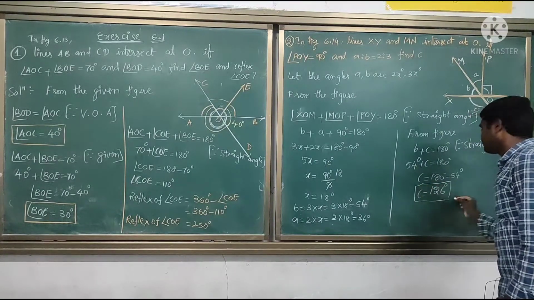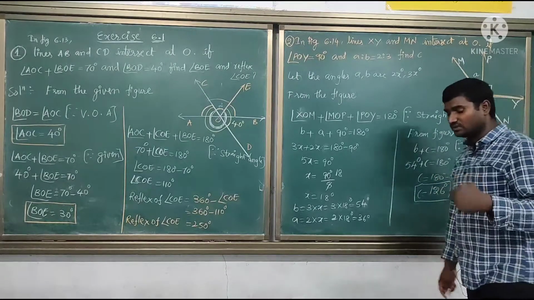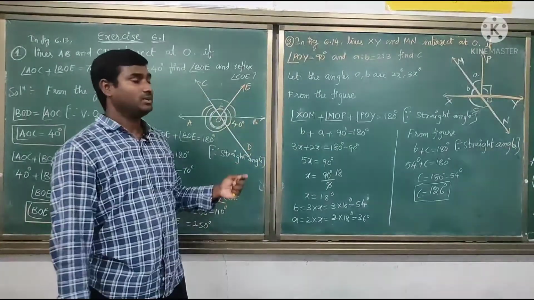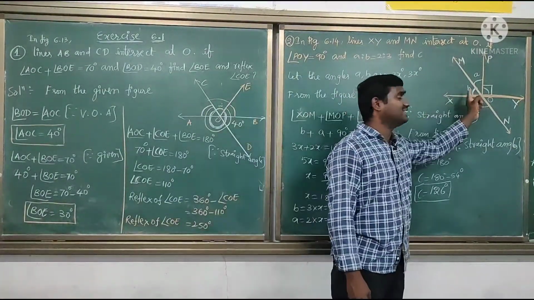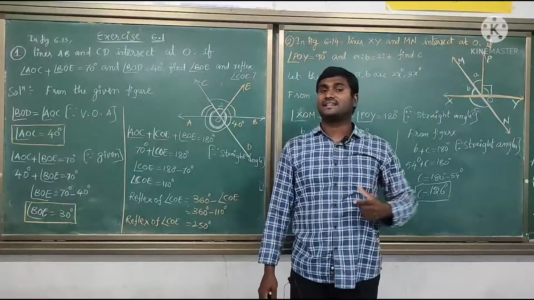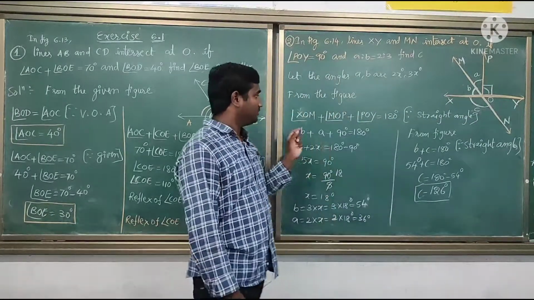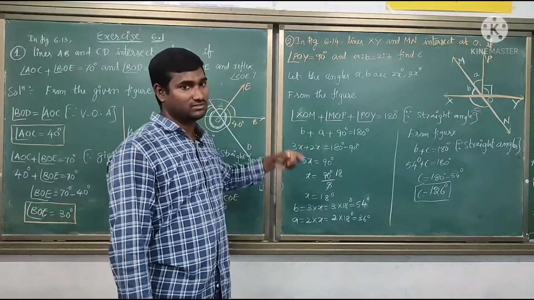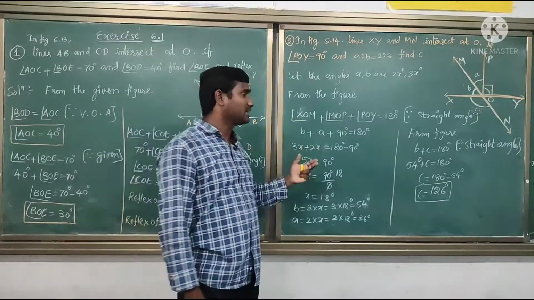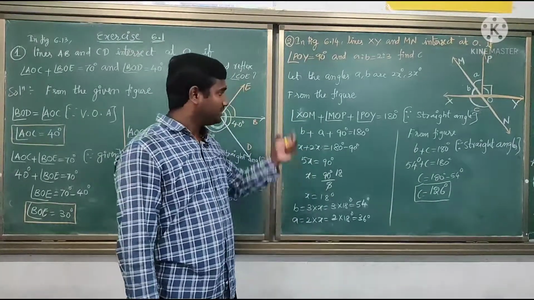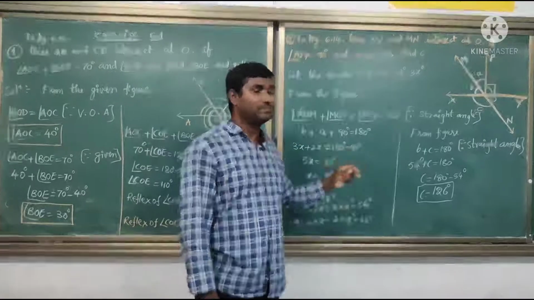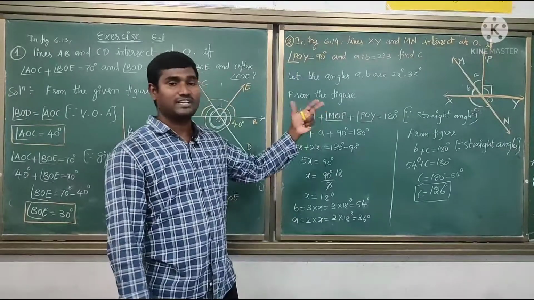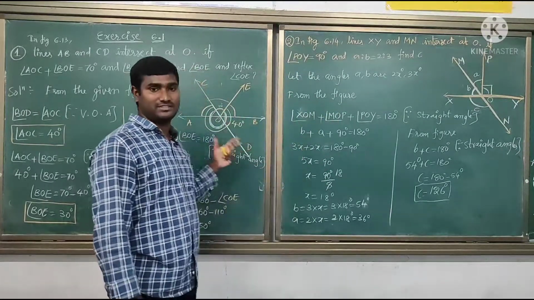Okay, like this, if you write, you will get 3 marks. So you can solve step by step. We can put the answer directly also, but we are writing a CBSE exam. So when you are writing the Term 1, Term 2 exams, we need to write step by step. For descriptive questions, 3 marks, if the question comes for 2 marks, 3 marks, 5 marks, we need to write step by step. If it is a 1 mark question, we can write directly. But if it is 3 marks or 4 marks and you write directly, you won't get the marks. So we need to follow step by step.